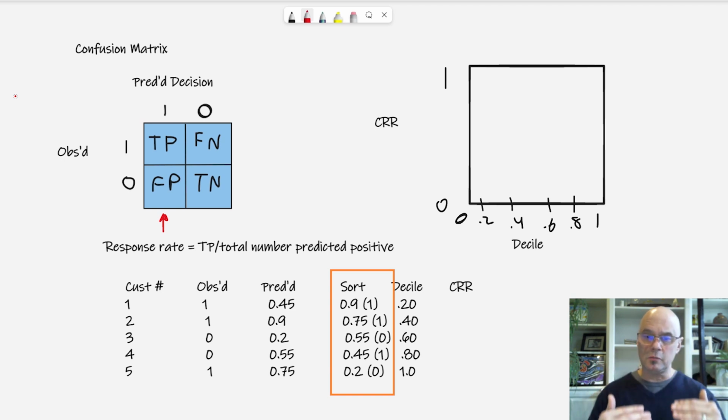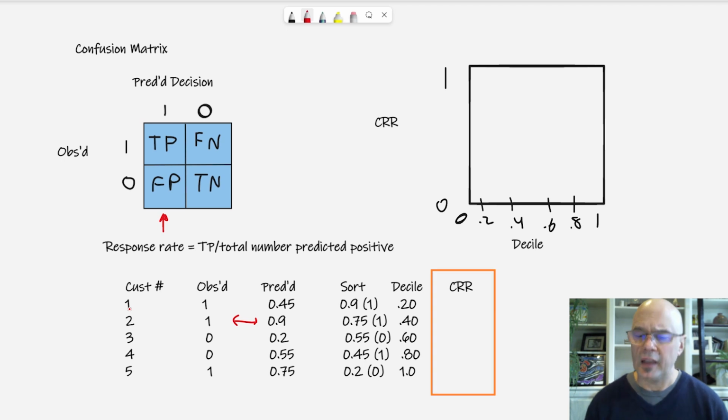That gives me a list of customers from most important all the way down to least important. Now, you see by each of the sorted probabilities, I have a numeric value in parentheses, a 1 or a 0. And that's just letting me know what the actual observed outcome was for each of those predicted probabilities. For example, we see that the case predicted as 0.9 is the top customer in my sorted list. If we look at that record, the case predicted as 0.9, we know the observed outcome for that case was a 1, and that's why I've got that 1 there in parentheses. That'll help me keep track of which cases were known 1s and which cases were known 0s.